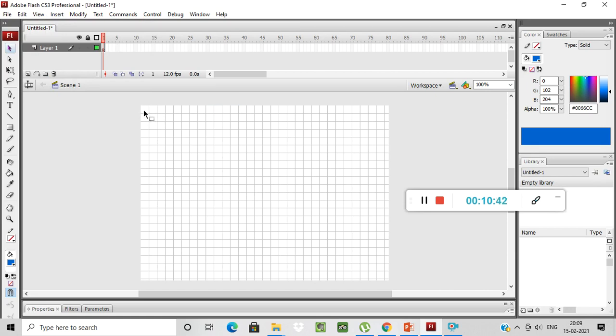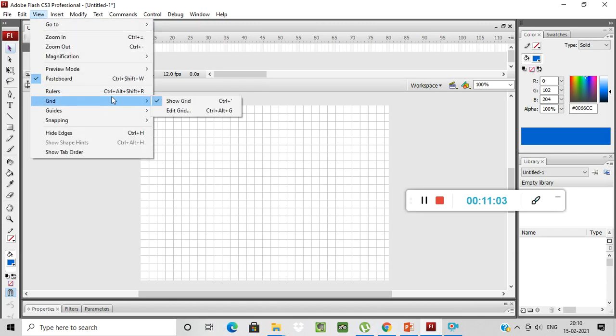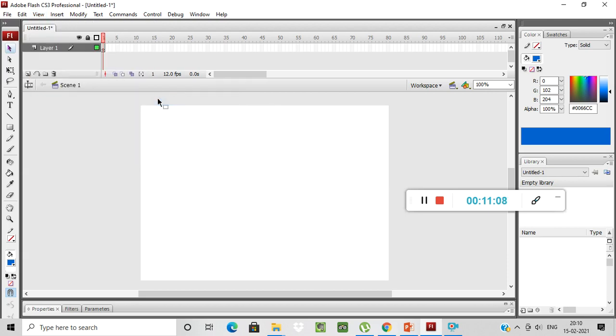You wrote tables in this in primary school, and you still do, but you wrote more then. Like this is a grid. Now if you don't want this grid, you can switch it off again. How to switch off this grid? Again go to view, grid, and click on show grid, so it will go. Understood? Again my blank page will appear. Understood students how to switch on and off the grid over here?